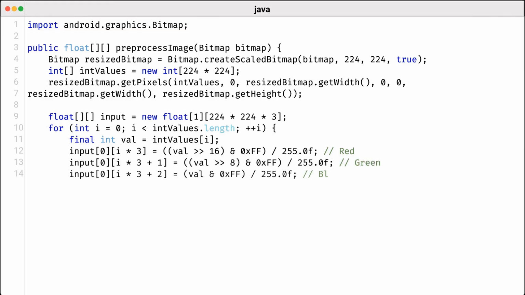We then create a two-dimensional float array to hold the normalized pixel values, properly formatted for the Mobilenet model. The conversion process involves extracting the red, green, and blue components from each pixel's integer representation. As we iterate through the pixel values, we perform normalization by dividing each color channel by 255, scaling the values to a range between 0 and 1. This step is vital for the model to process the input effectively, as it typically expects normalized values. By the end, this preprocessing method returns the properly formatted input array, ready for the Mobilenet model to make accurate